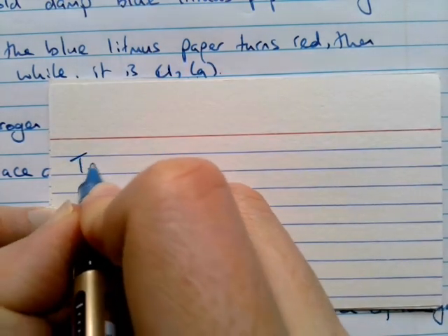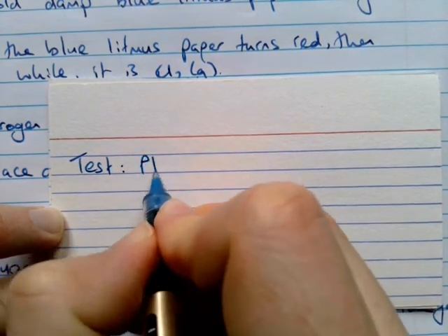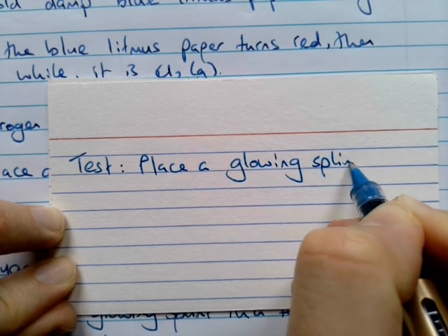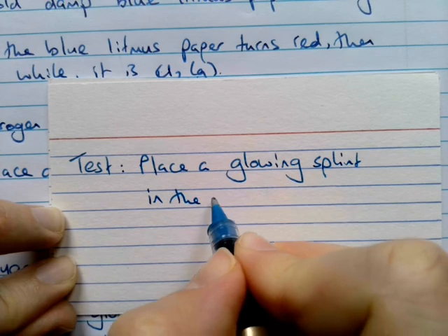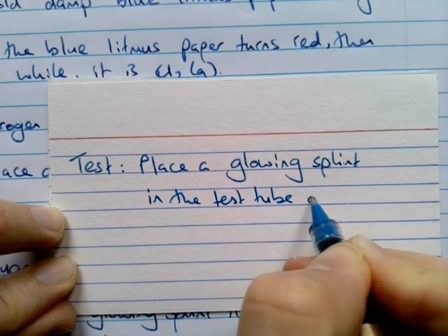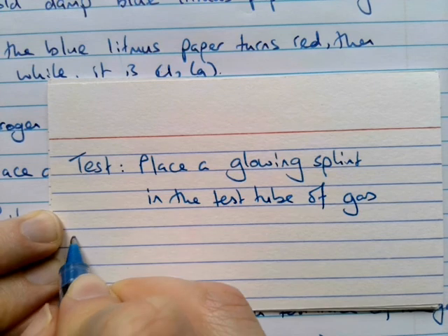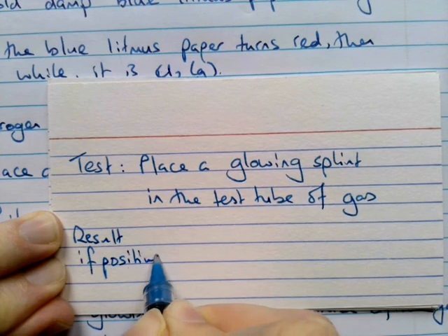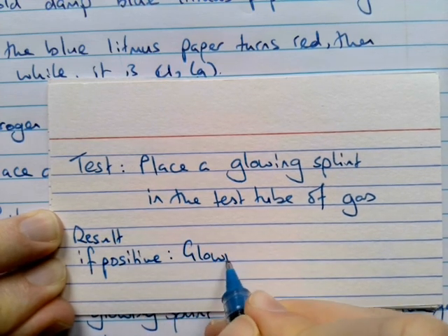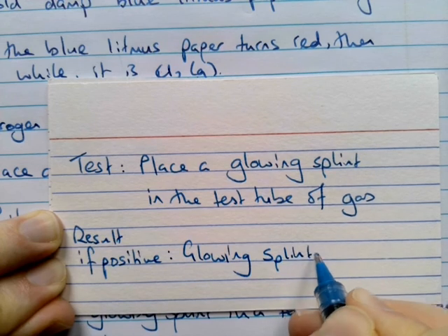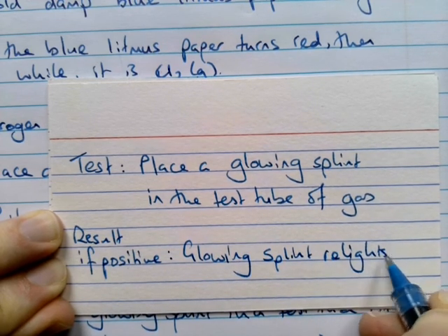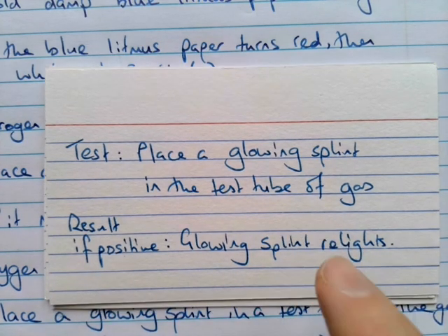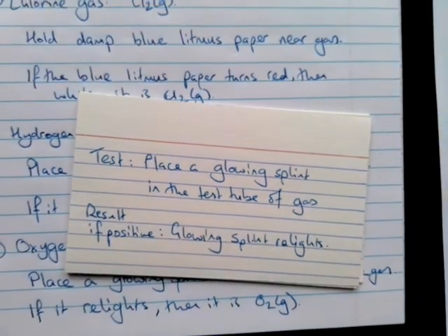Test is place a glowing splint in the test tube of gas, and the result, if positive, if it is oxygen, is the glowing splint relights. Okay, so you can now use these flashcards to test yourself, and you can add them to your other